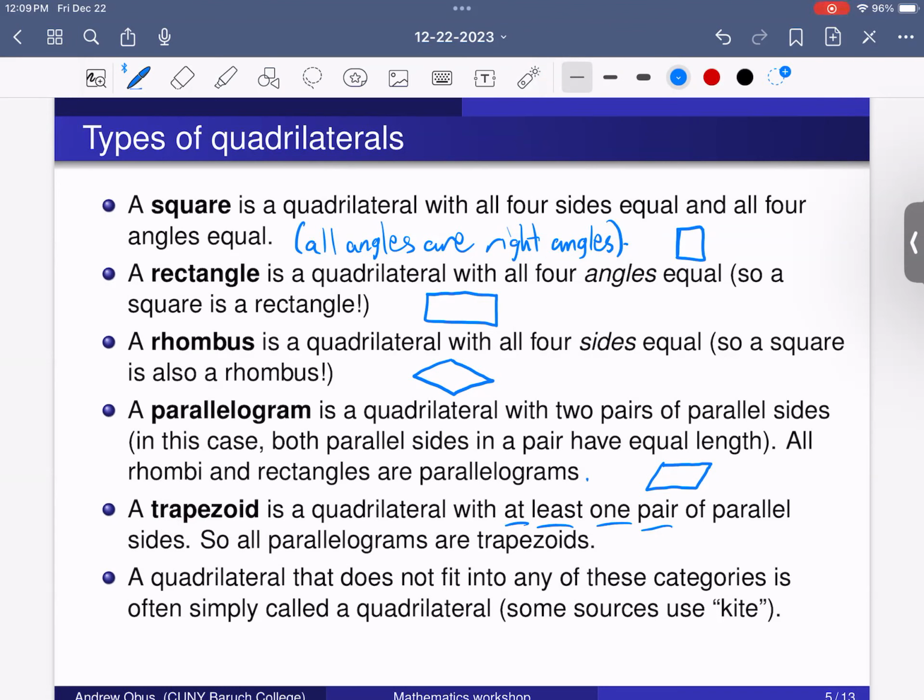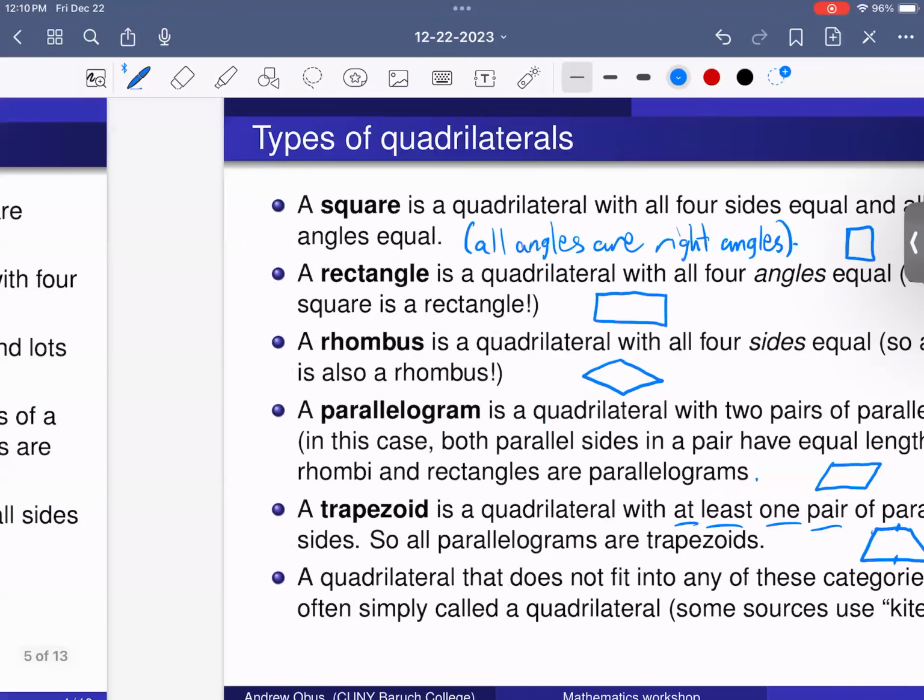That definition can sometimes be useful, but I prefer this, that it has at least one pair of parallel sides. And that means all parallelograms are trapezoids, but more often you have something like this. This is what's going to give you a trapezoid, and these are your parallel sides over here. Okay. And then there's also just other quadrilaterals that don't fit into any of these categories, kind of like this